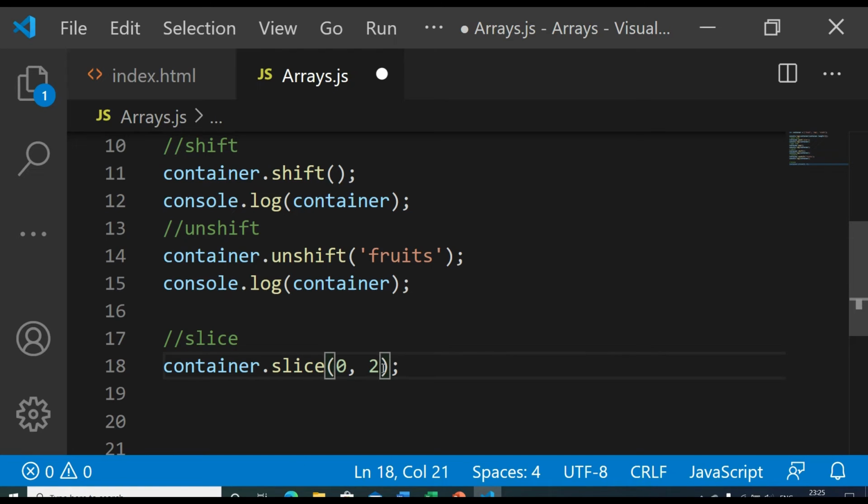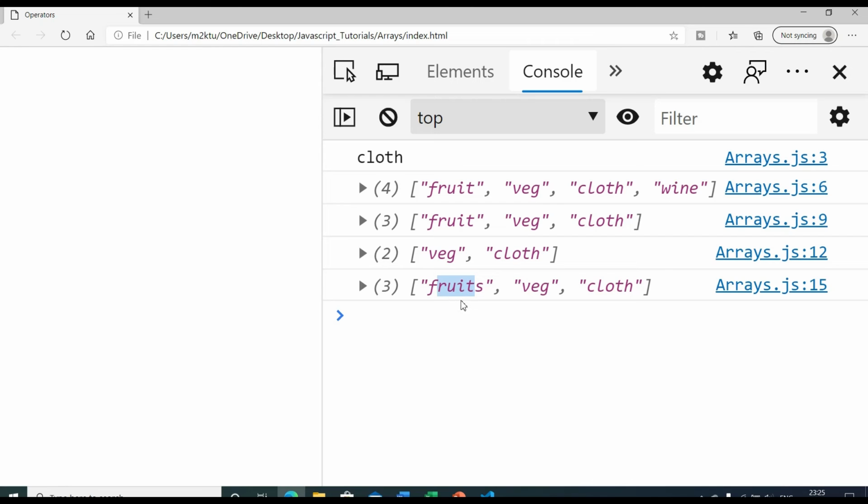It will take 1 minus, meaning whatever end index you have given, it will take items before that index, starting from the start index. So what do I mean? Fruit is at index 0, and cloth is at index number 2.